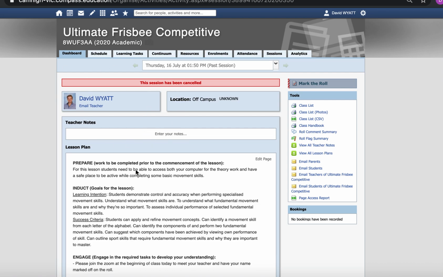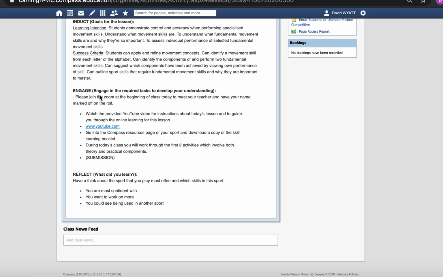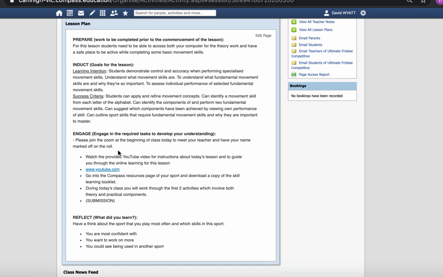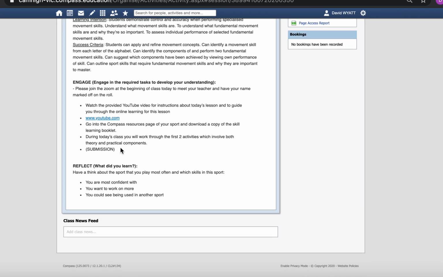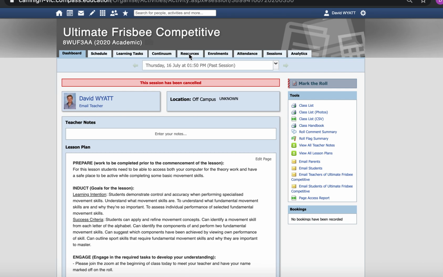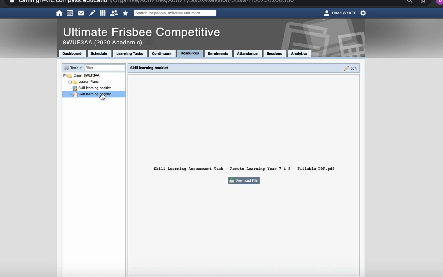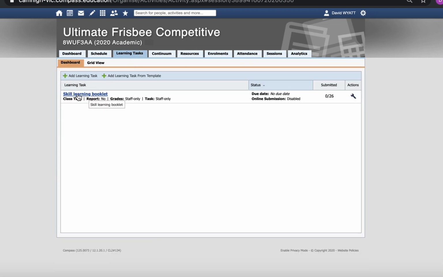Within your class, there's a peer lesson plan, and that peer lesson plan gives a learning intention and success criteria, as well as the list of items that need to be completed for today. When you have finished it, don't forget to do the reflection task that's created for you. So the work is under the resources tab. It is a skill learning booklet, which you will download as the PDF file, which is editable, and I'll show you in a moment. And you will also have a learning task called Skill Learning Booklet, where you can upload your